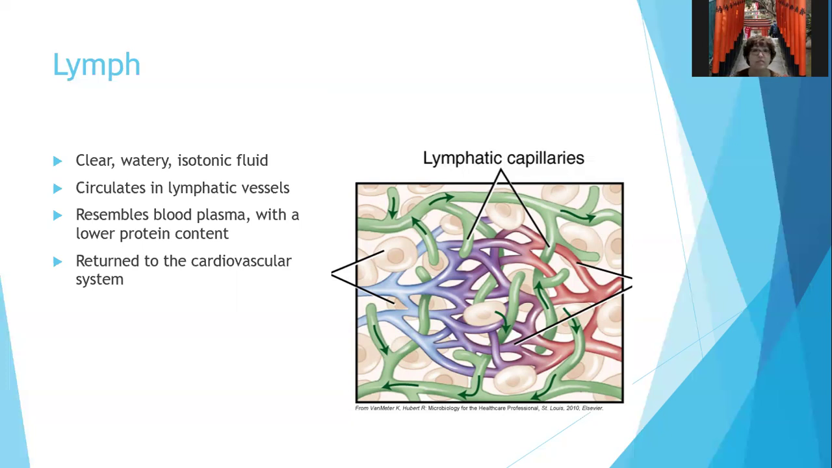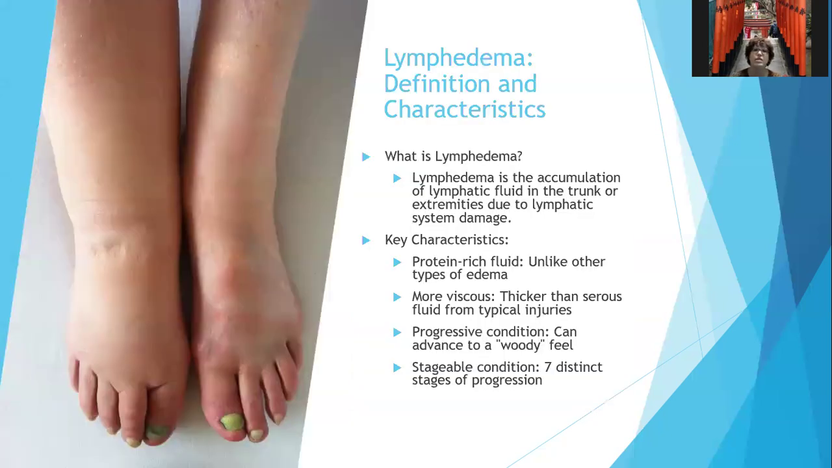blood, basically. So, lymphedema is an accumulation of lymphatic fluid in the trunk or extremities due to lymphatic system damage. So, that's the main difference between edema and lymphedema: the accumulation, because there is a problem with the lymphatic system. The lymph fluid is protein rich. Unlike other types of edema, you don't have that protein rich fluid, and that's going to affect the osmotic pressure